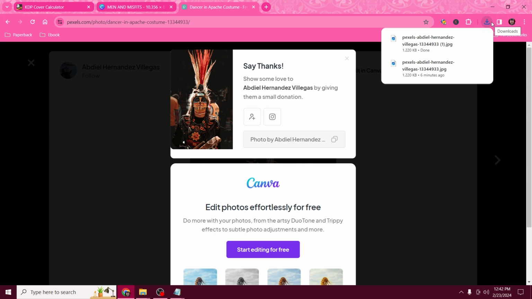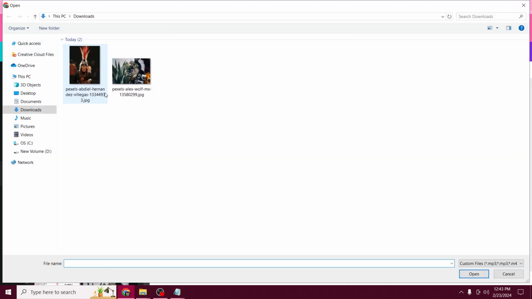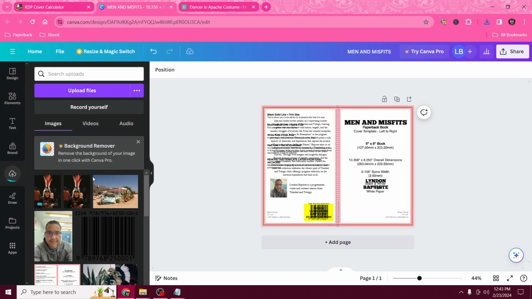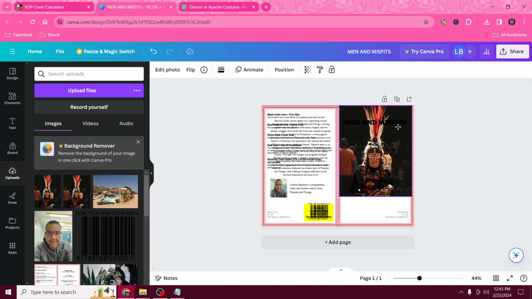Once the image is downloaded, I will save it into my cover folder. I've named it front cover. Then we'll go back to Canva, upload files, choose the image. Once it's uploaded, I could click on it. It's added to my workspace. I'll position it as my front cover